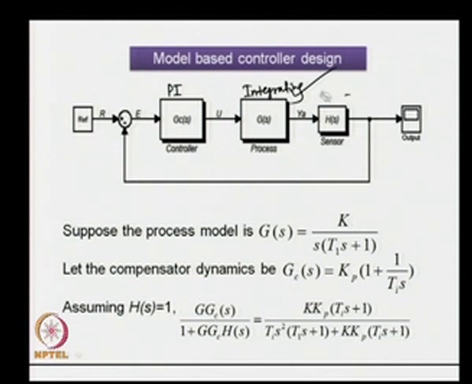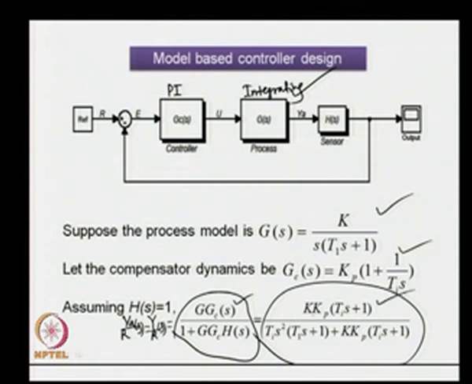So, sensor is assumed to be perfect, and with this assumption it is easy to obtain the closed loop transfer function Y(s) upon R(s), that is equal to G Gc(s) upon 1 plus G Gc H(s). Now, H(s) equal to 1, therefore, substitution of G(s) and Gc(s) over here gives us the closed loop transfer function with the numerator K Kp (TI s plus 1) having denominator TI s square times (T1 s plus 1) plus K Kp (TI s plus 1). So, when all the parameters involved in the closed loop transfer function are positive, when K, Kp, TI are positive numbers,